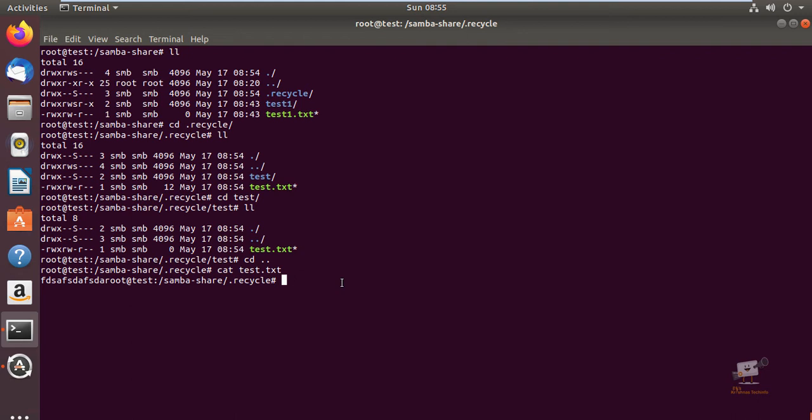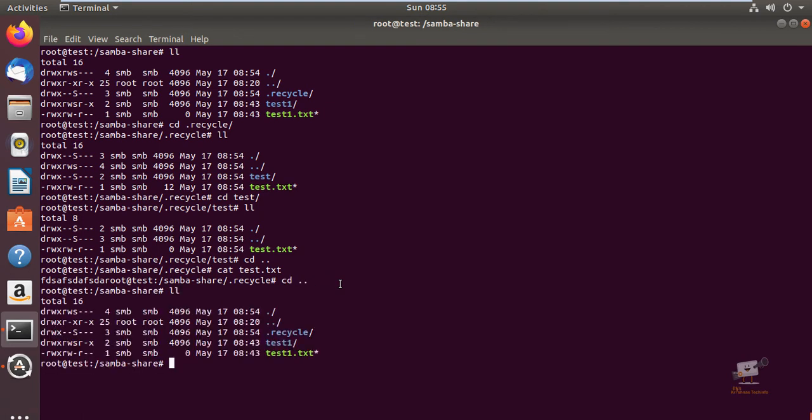Next we can see how to restrict the user from deleting the files and directories. For that we can use the chattr command. So I am going to restrict the test1 directory and test1 file from being deleted. I am going to use the chattr command, chattr +i, which is immutable, which restricts the users from deleting files and directories.